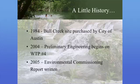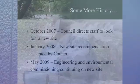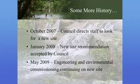Then we had a couple of endangered species, then we find another one on the Bull Creek site. It is small, again, not a very huggable creature, but endangered nonetheless. And then in 2007, council, and I will